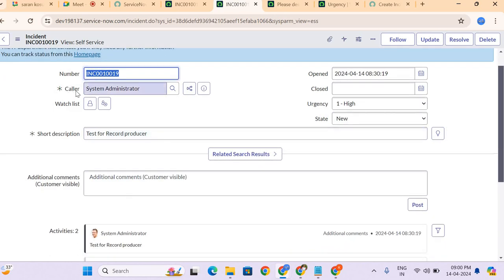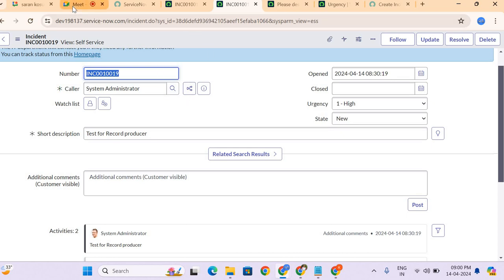The caller is actually the person who is requesting. So this is where the caller has changed to system admin. If I impersonate as Abel Tuter and then specify, then again that field gets mapped over there.